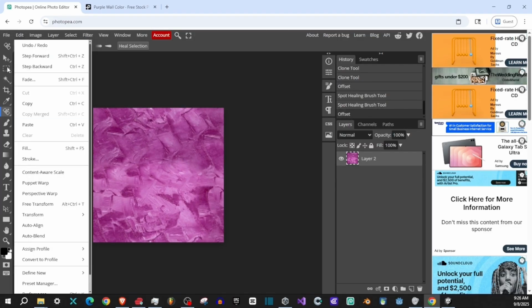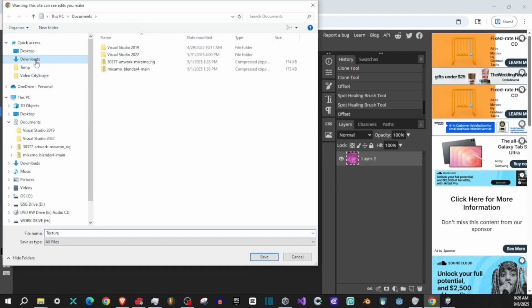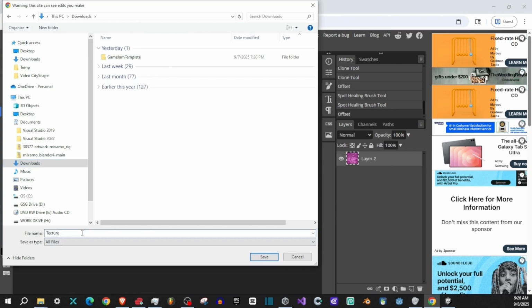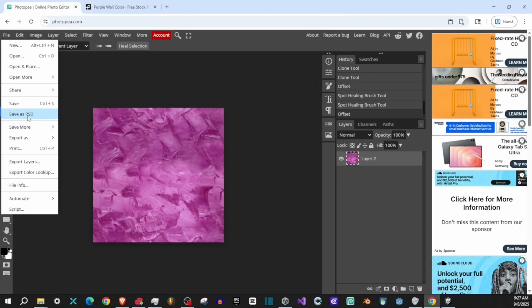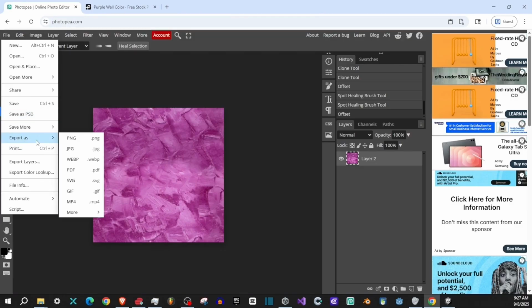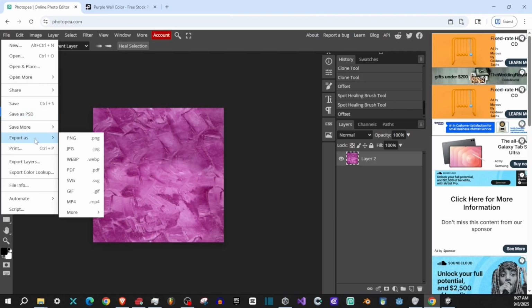Now we need to export it for use inside of a game engine. So before you export it, you'd want to hit save as PSD. And you save this to your downloads. So you go texture, and I'll just call this texture paint. It kind of looks like a paint texture. And I'll say save. And make sure you save this as PSD, because if you export it and it crashes, you'll lose your work. So you want to save your edit file first, save as PSD,